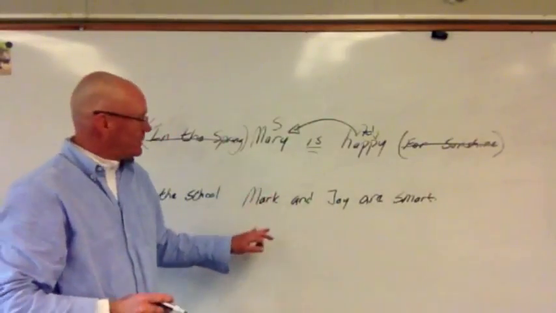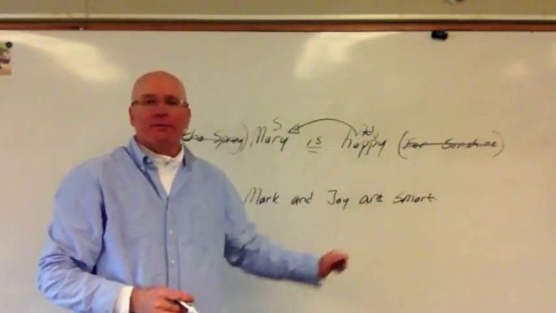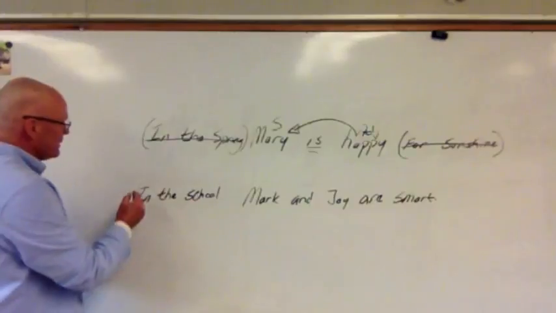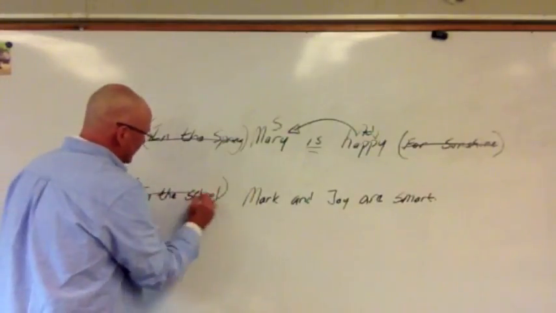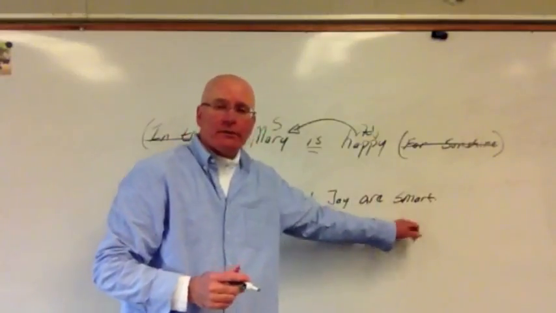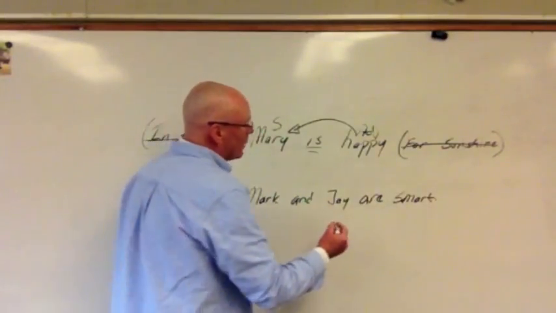Same thing happens in this next sentence. In the school, Mark and Jay are smart. Now, again, we'll isolate the prepositional phrase. In this case, in the school is your prepositional phrase, and you're left with the sentence, Mark and Jay are smart. We then decide what is the verb, and in this case, we decide that are is going to be